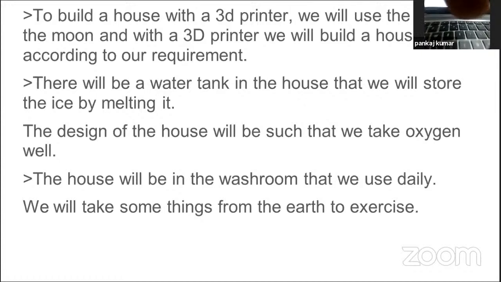With a 3D printer, we will build a house according to our requirement. हम अपनी जरूरत के अनुसार वहाँ पे 3D print से घर बना सकते हैं जिनको हम अपनी मिट्टी को यूज करते हैं।